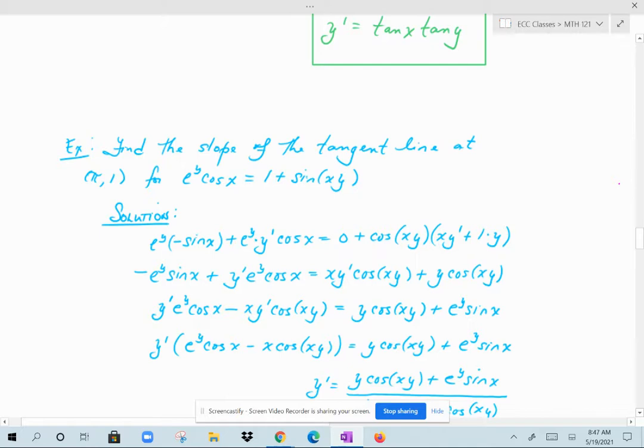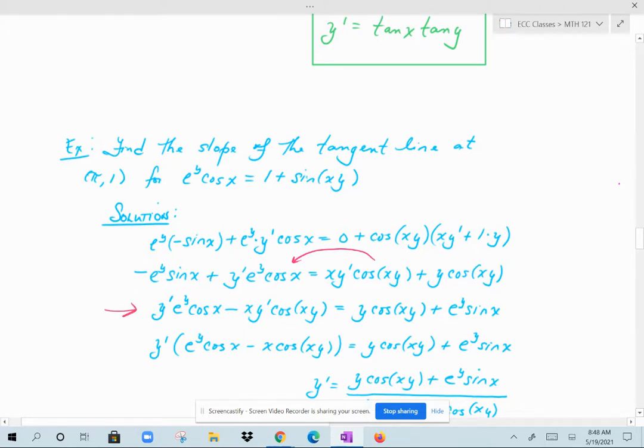The rest of this is just simplifying it and getting y prime on one side of this equation by itself. And I have y primes on both sides. So the left side didn't change too much. I just put the negative in front of the first expression. But on the right side, I distributed cosine of xy across those parentheses. So you're left with x y prime cosine of xy plus y cosine of xy. So now I can see that I need to get my y primes on the same side. So I subtracted this one over to the left, and I added this one over to the right